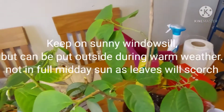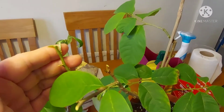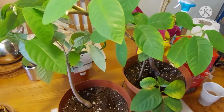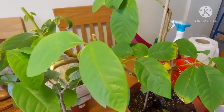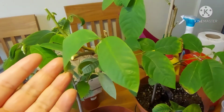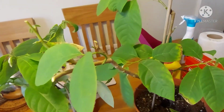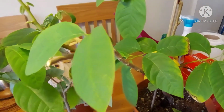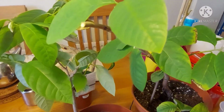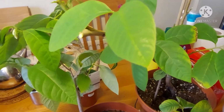Now they're not very tall. I have pruned these back because there was some dieback, and they do go dormant in the winter months, as in they will drop some leaves. They might look as though they've got no leaves at all. At one stage this had no leaves on it at all, but they do grow back. You don't need to feed and water too much during the winter. I don't feed at all during the winter months, and give them very little water. And in general,